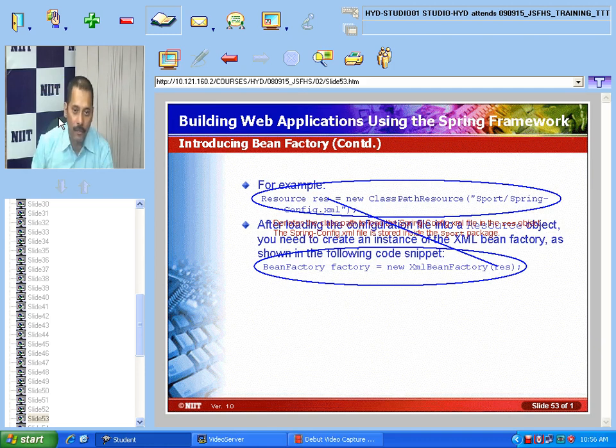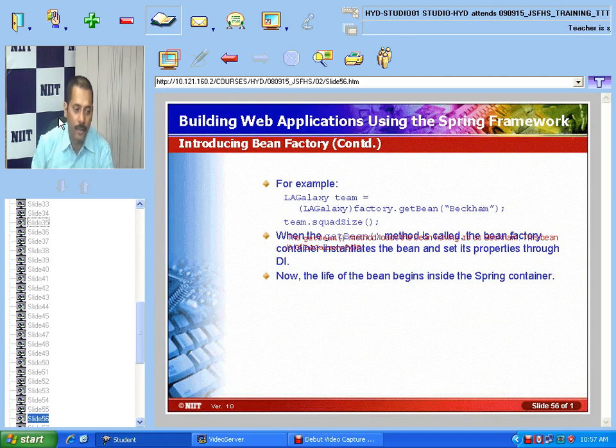Then after that, we have to instantiate that bean. This is the code we need to write to get that particular bean object. I write the customer, then factory, which is nothing but your bean factory object, dot getBean is the method where you have to pass the bean ID.